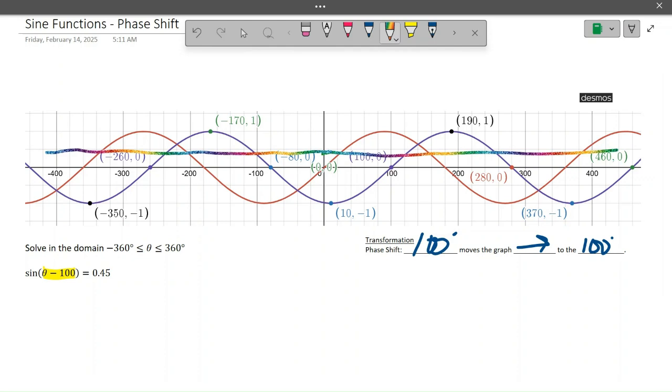and the blue graph is our transformed sine wave. So let's see, where does this rainbow line intersect with our blue graph between negative 360 degrees and positive 360 degrees? I see a point right here. I see another point right here. I see a point right here. And I see another point right here. So we are going to end up with 4 values. All right, let's get started